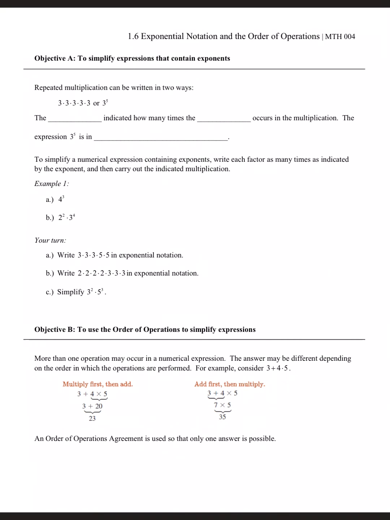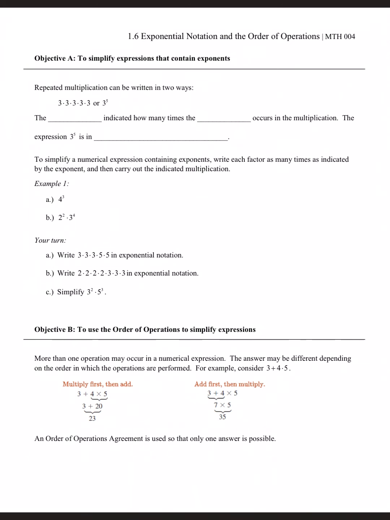Hi there, this is the video on exponential notation and the order of operations. Our first objective is to simplify expressions that contain exponents. So the first thing we have is that repeated multiplication can be written in two ways. We have 3 times 3 times 3 times 3 times 3, or 3 to the 5th power as we call